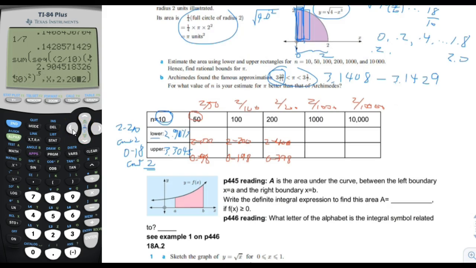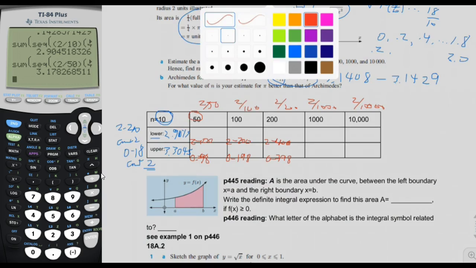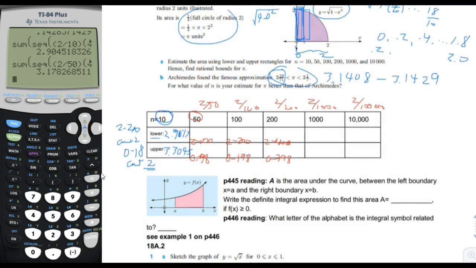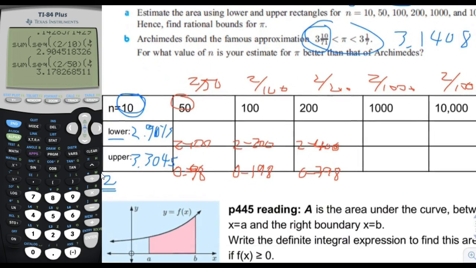So we'll be counting from 0 to 98 by 2's. So we get a 3.1782. 3.1783. And then we're going to do the same thing over here, except now we're going to go from